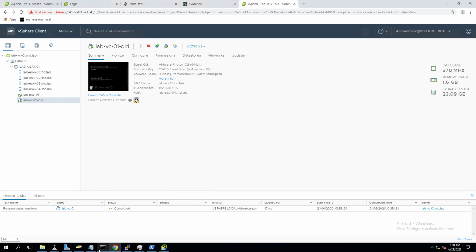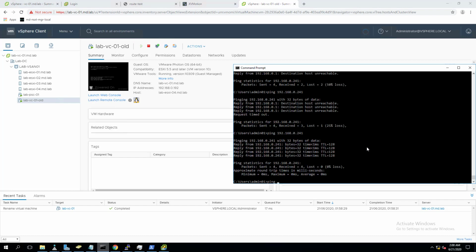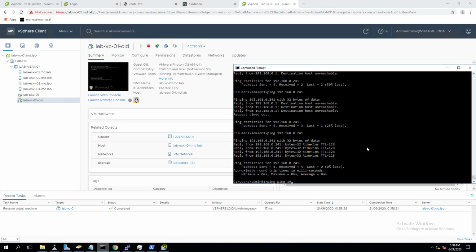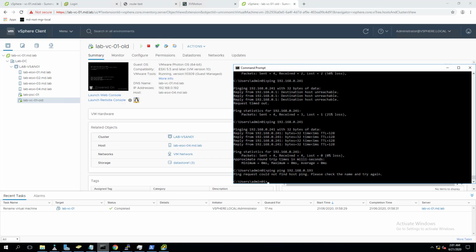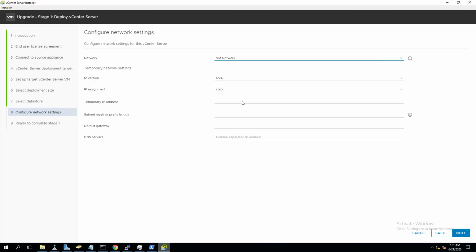Once the IP is assigned, it will start copying the data from the existing vCenter server appliance based on 6.7. Then it will release the temporary IP, power off the existing vCenter server appliance, and assign the original IP of vCenter server.